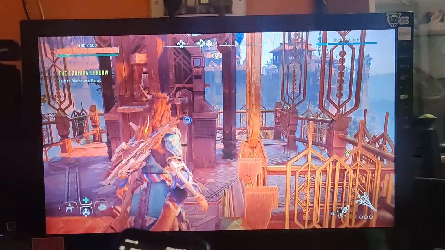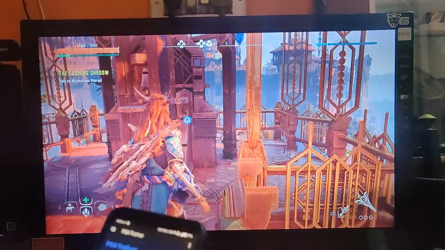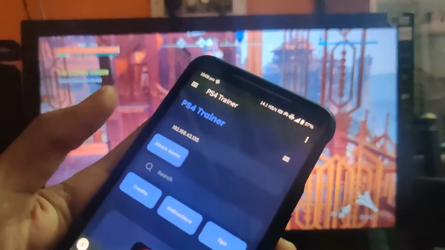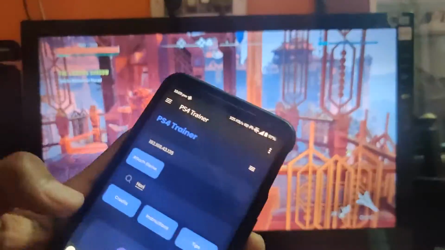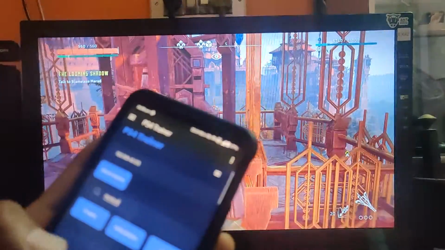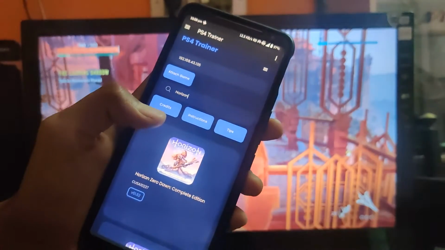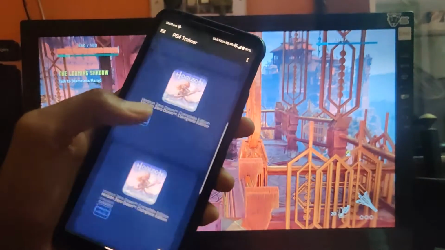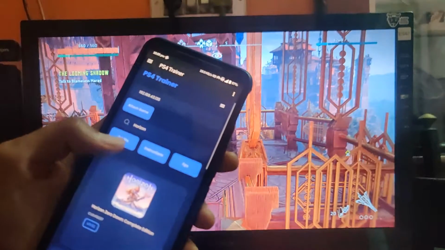Now after the game has been opened, search for your game here on the search menu. Here you may find different versions of the game. You need to make sure which version of the game you are running on your PS4.